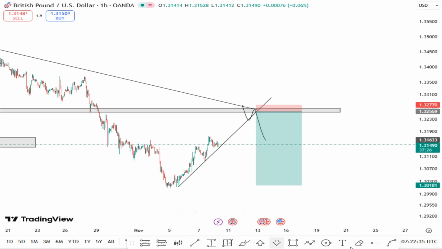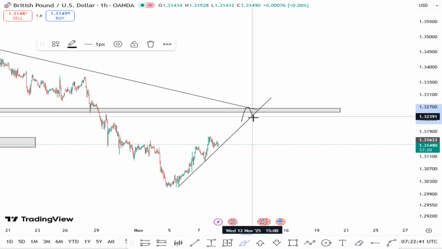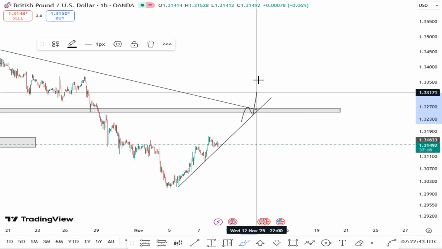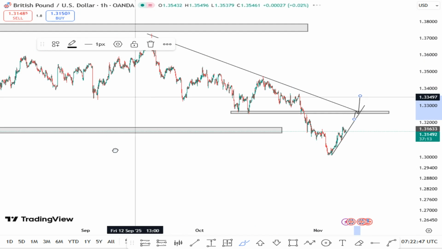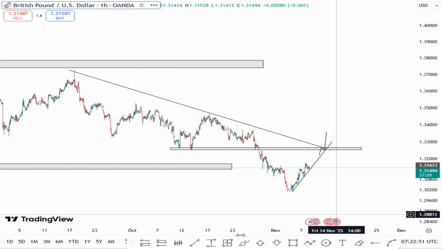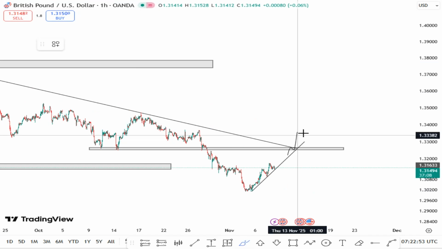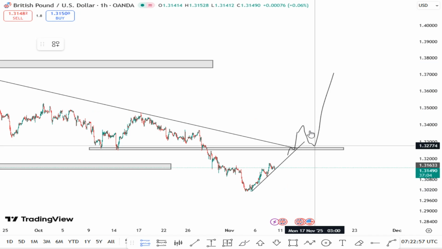But let's just remove this. If she does not break, the market does this. Let's say, for instance, price goes up, comes back, doesn't break, no problem. But then she breaks, boom. What just happened? The market has taken out our channel right here. The market has taken out that downtrend. So what next? Wait for correction once again. Boom, I'm looking for buys. That is how I do my analysis.